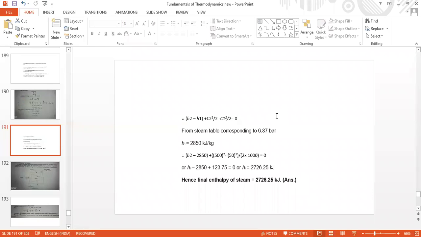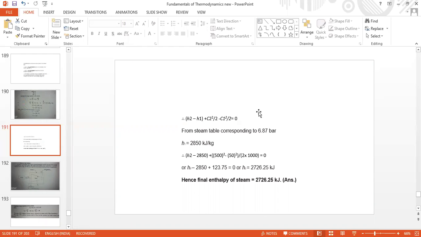So when kg by kg is added, then it will be kg by kg into meter square per second square. We can write this as kg, kg by kg, meter by second square into meter. And incorporating kg meter per second square as Newton, we write that as Newton meter per kg. And Newton meter means joules by kg, joule by kg.